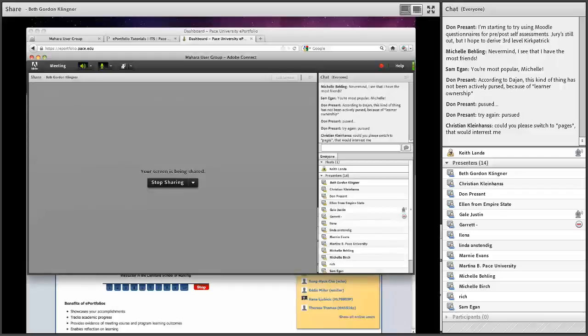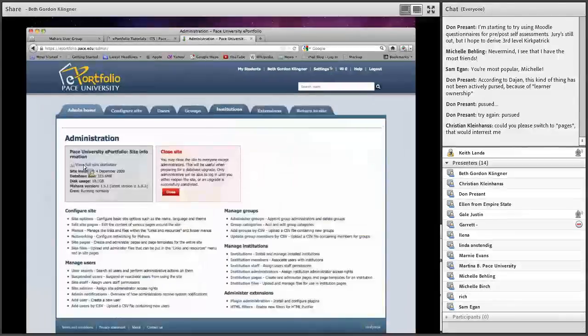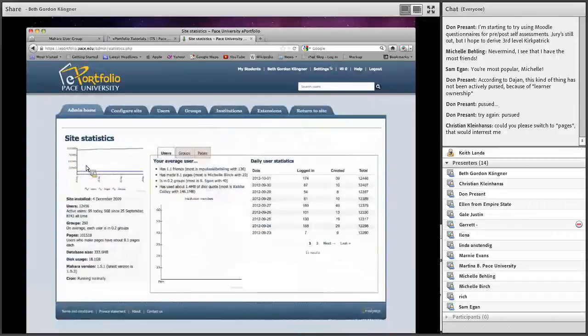With Moodle, we've got the built-in reports from Moodle, but also have Google Analytics. And the new versions of Moodle make it very easy to add Google Analytics. I wonder if Mahara is thinking about also making it easy to tie in Google Analytics.